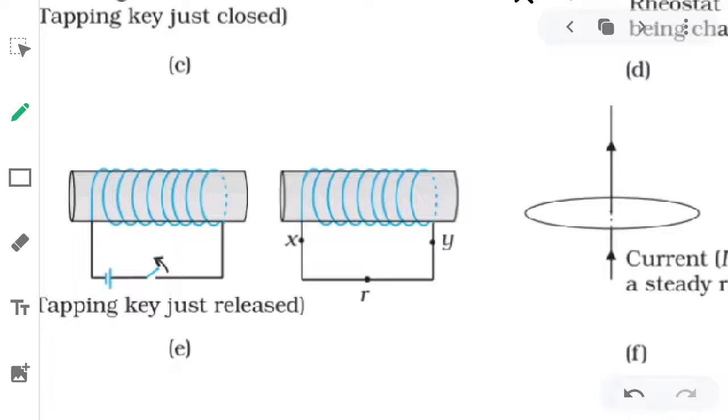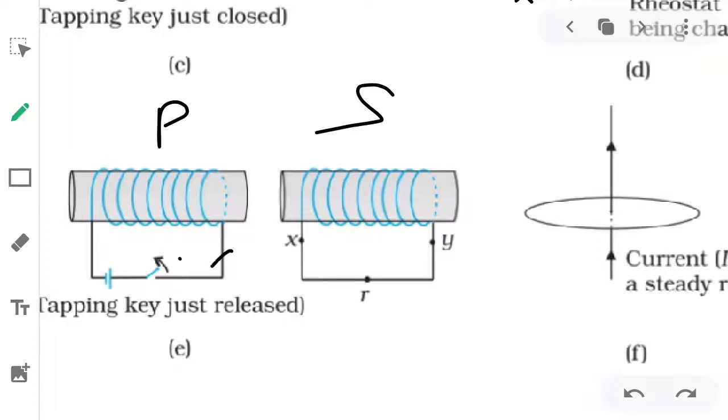Here again you can say this one is a primary coil because the current is given and the battery is in this. This one is the secondary coil in which current is induced. We have to find the direction of the induced current. Here is the opposite case where the key is switched off. Switching off means current will decrease to 0. Decreasing means opposite polarity.